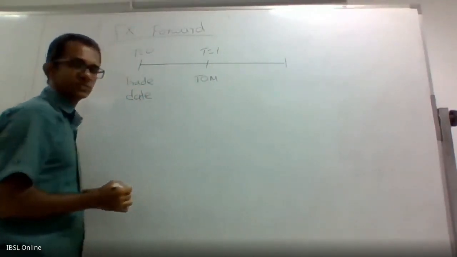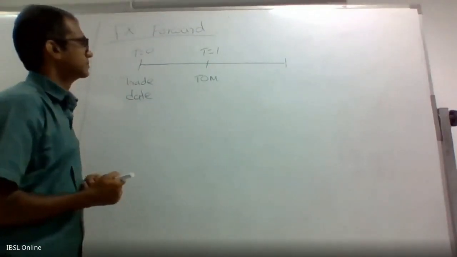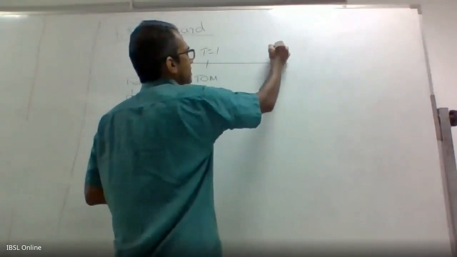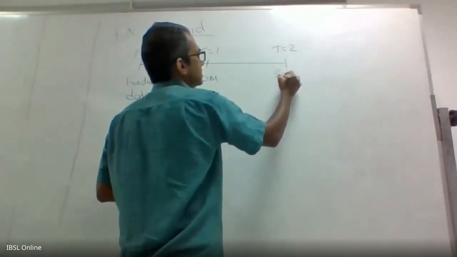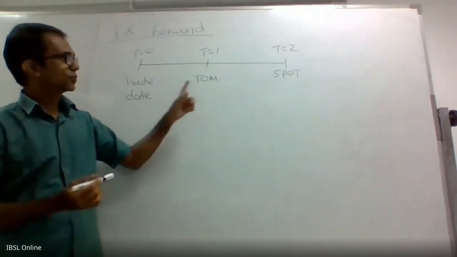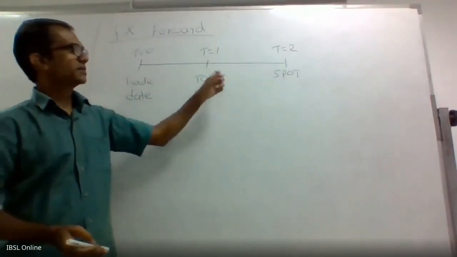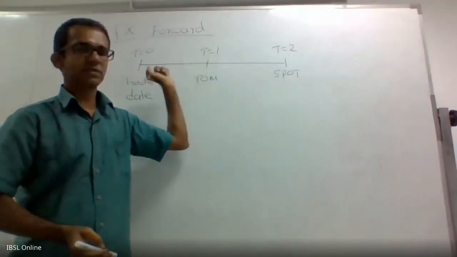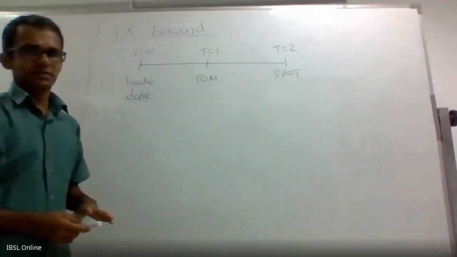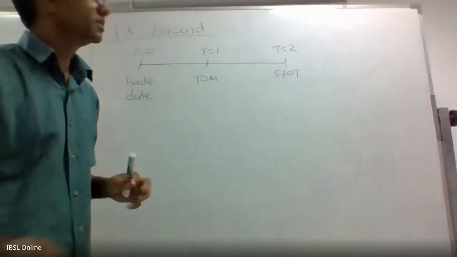This is Tom value, t plus 1. And this is the spot date, after 2 business days from the trade date. Settlement date is after 2 business days from the trade date. Anything beyond this,